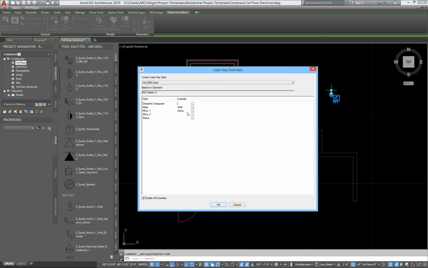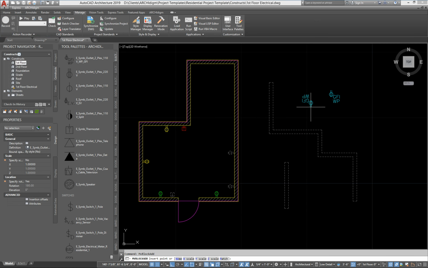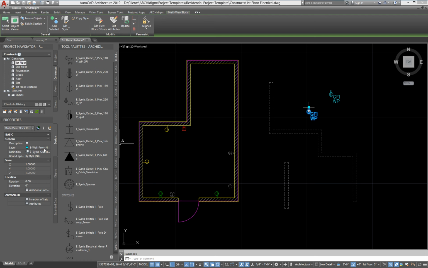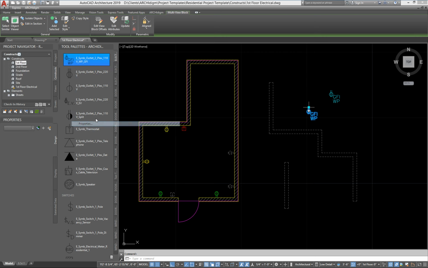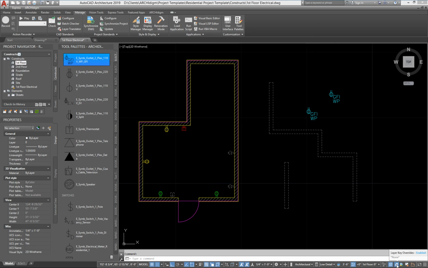Let's clear all of this out. Boom, boom, boom. And so now this should come in correctly. So it should come in on E wall power with an N on it. So it's very similar to having the override, you know, down here where you put an N on it. You've just assigned it at the object level, so you're bypassing. So essentially, if I undo this down here,